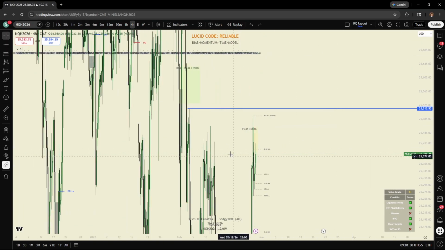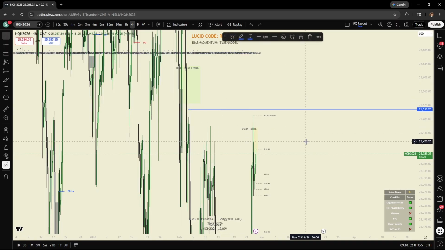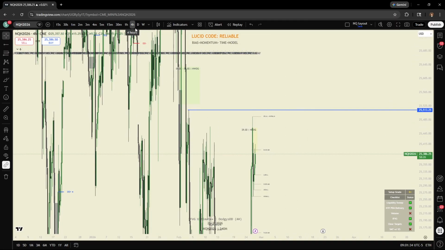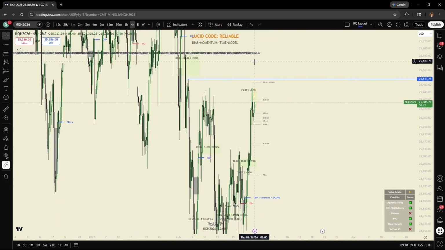If we don't get that and we get the opposite, like we hit the highs first, then maybe we can look for shorts as a retracement play back to the 4 hour. And then once both of these draws on liquidity get hit, I'll probably be done for the day. Okay?